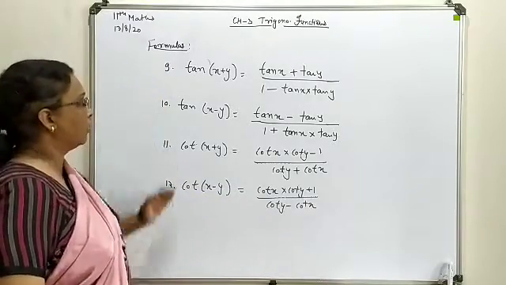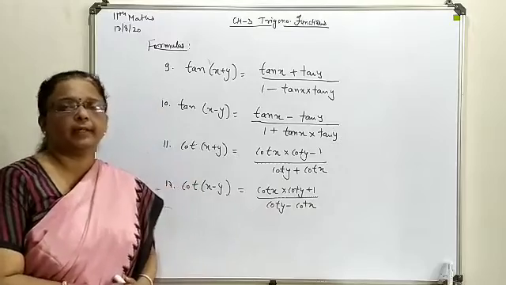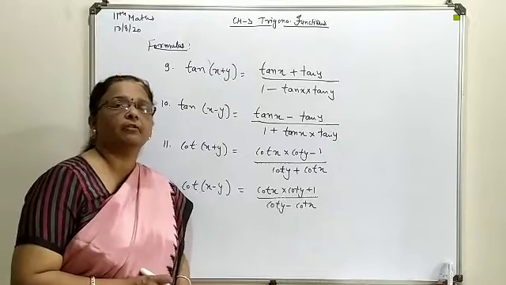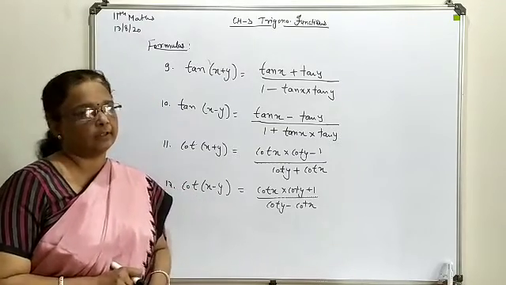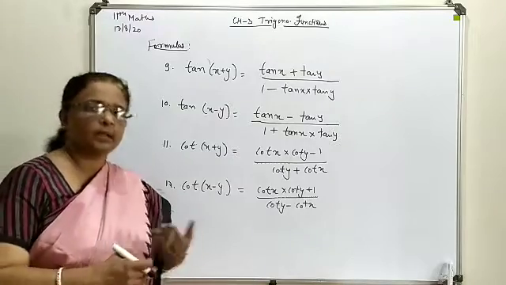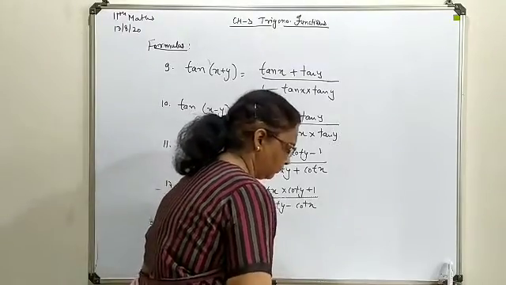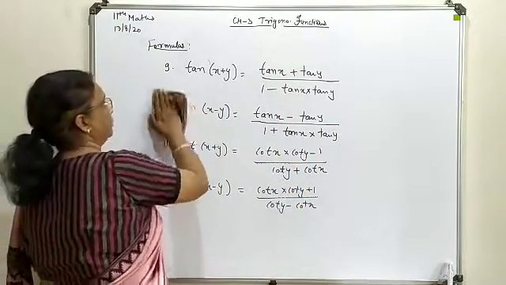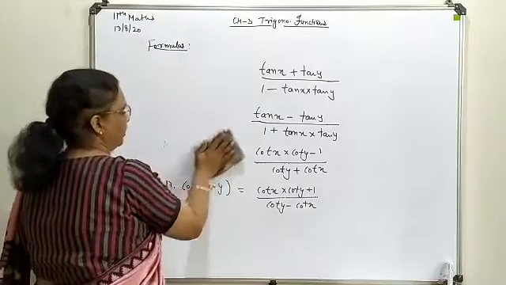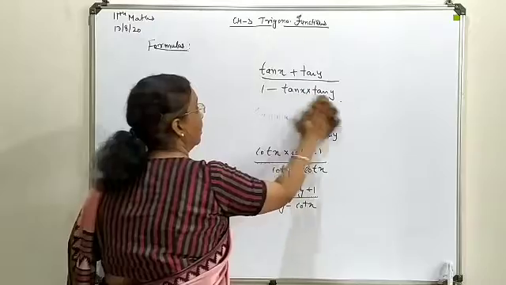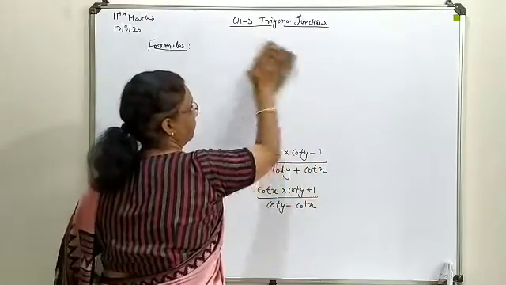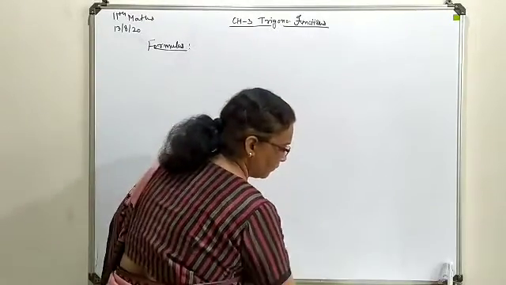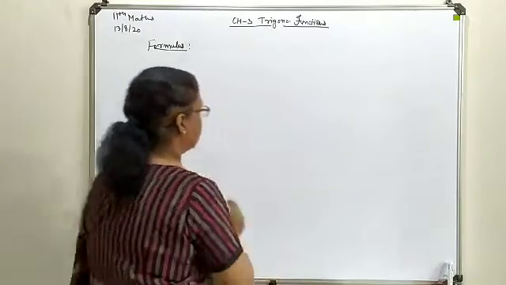So this way, it was all about the x plus y and x minus y combination. Now, the next category we are going to list out is the formulas for 2 theta or 2x form: sin 2x, cos 2x, tan 2x and their interconversion. And these are all very important. Try to keep in your mind, in your own way, how they can be implemented, how they can be generated. So when the question comes in front of you, you can handle each situation very well. Now next we are going to move to the 2x form.